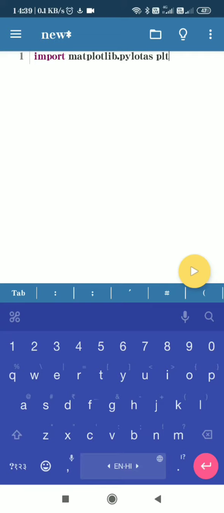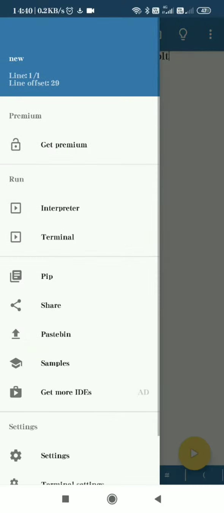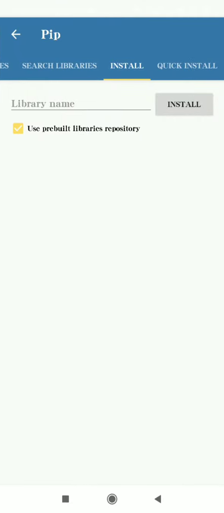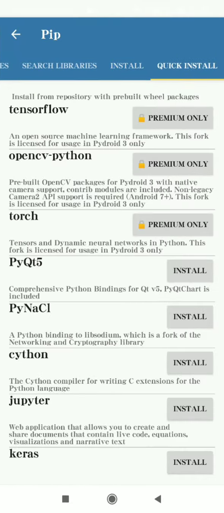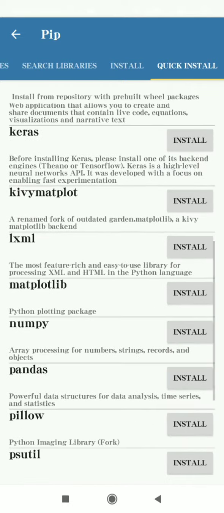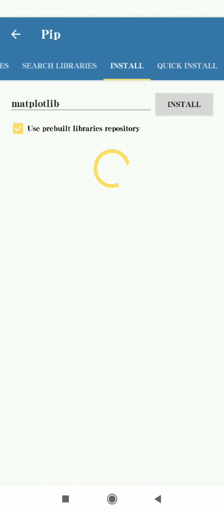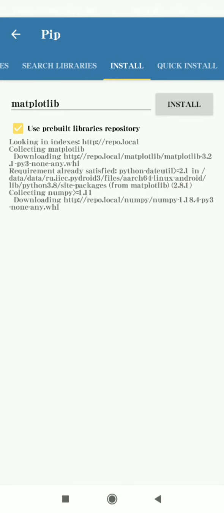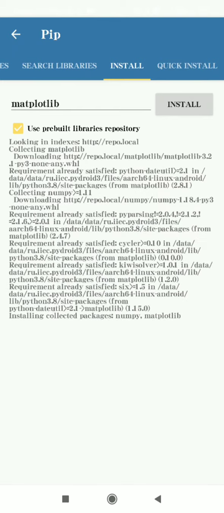So to install this library, click on these three horizontal bars and the pip option. You have to select the pip option and then quick install, and then you can install matplotlib here, and matplotlib is installing.